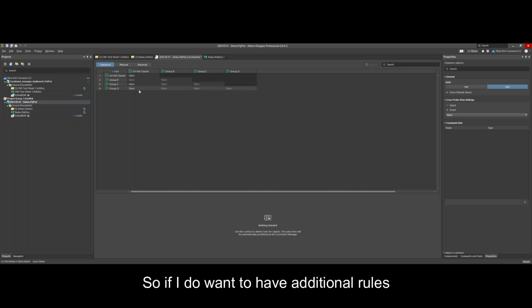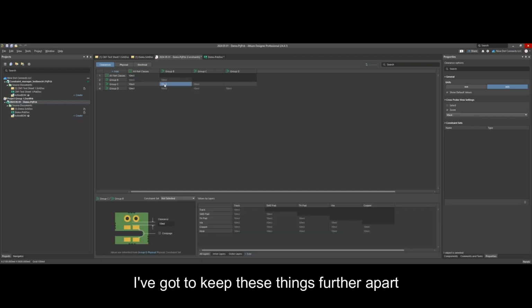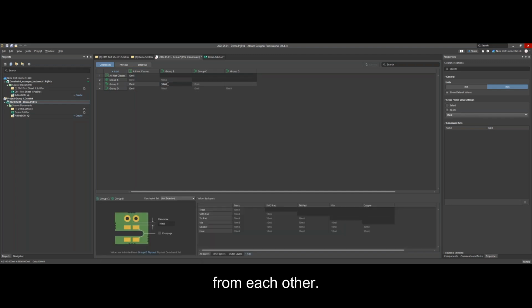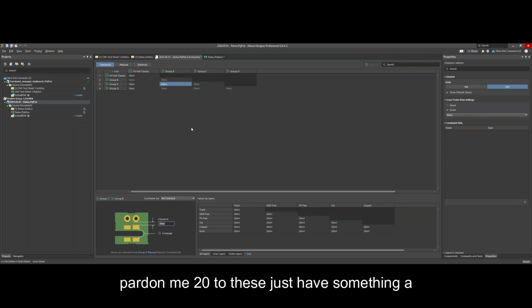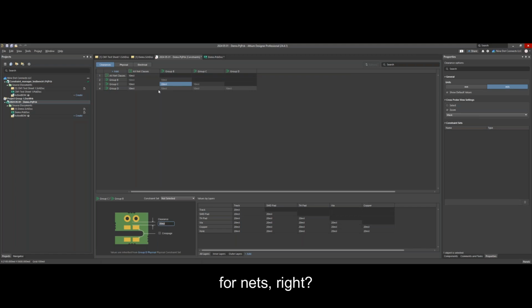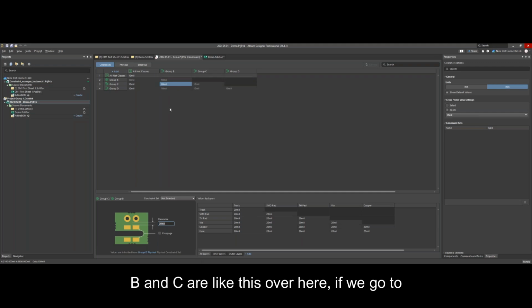So if I do want to have additional rules that say like, look, if I've got Group C to Group B, I've got to keep these things further apart from each other. So I'm going to go down here and I'm going to say 10 to these, okay? Or pardon me, 20 to these, just to have something a little bit different. What's interesting about this is that, and think about this from a rule perspective, we can have multiple clearance rules for nets, right? And so even though this B and C are like this over here,